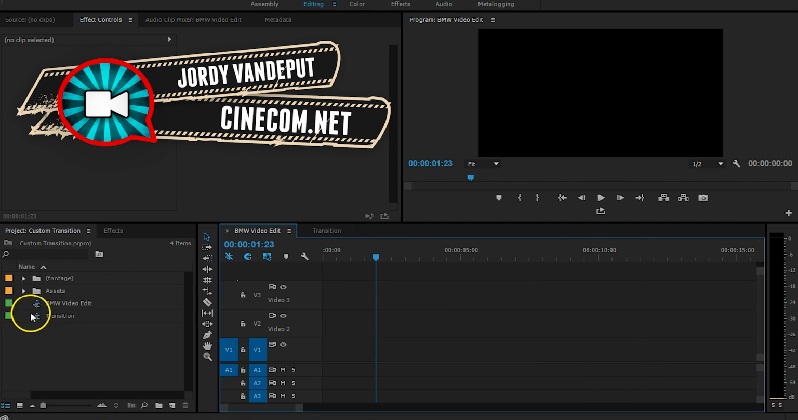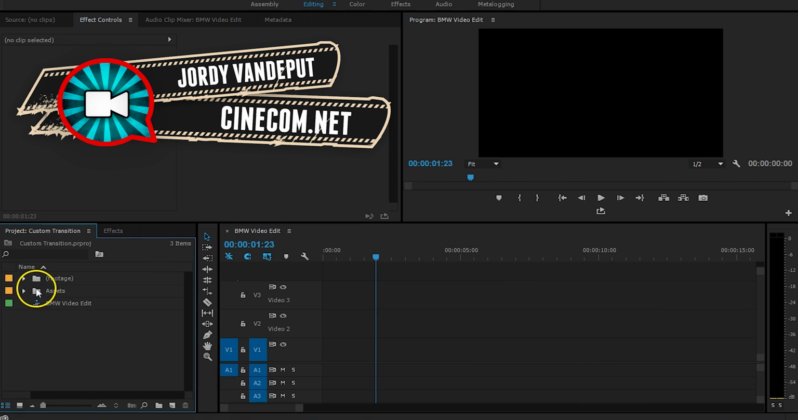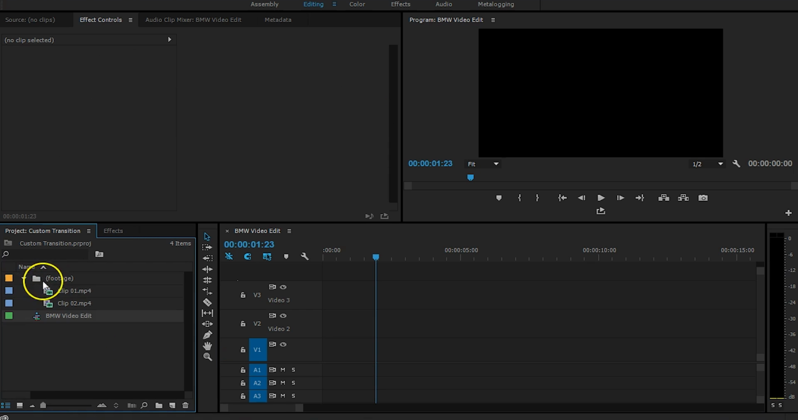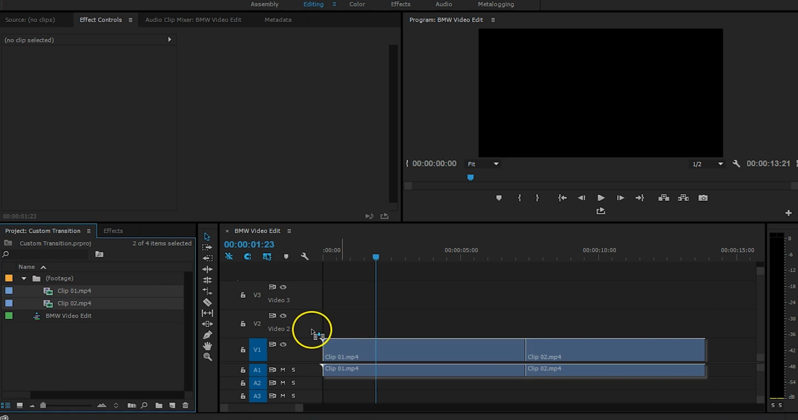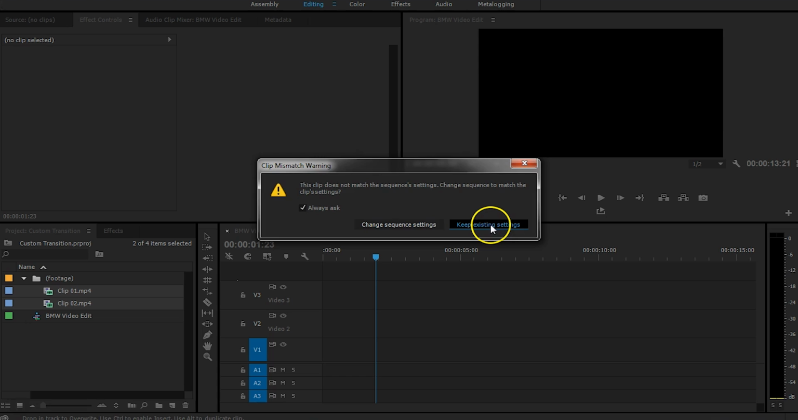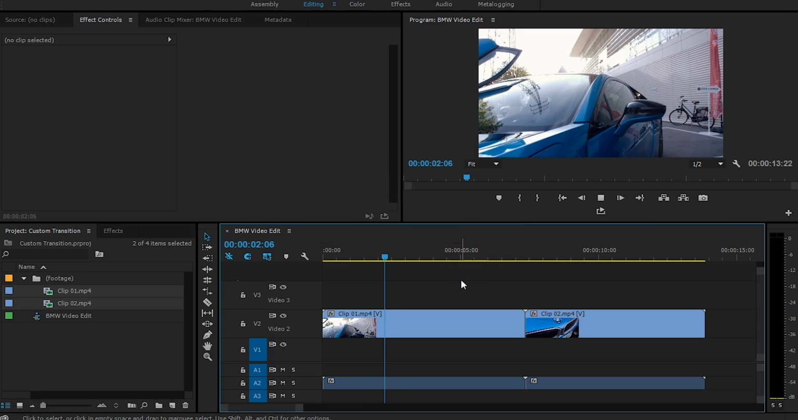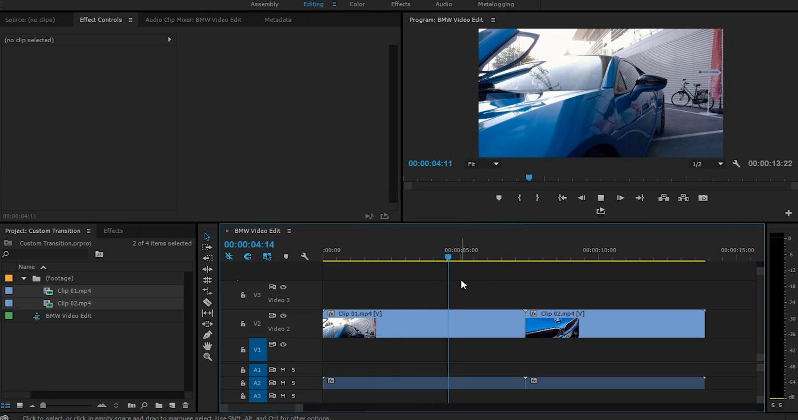Let's delete everything so we can start with a blank page. There we go. And also here I'm going to delete this transition as well and the asset. So what we have left now is an empty sequence or timeline and two video clips. And let's start by just dragging these two clips inside the timeline. There we go. And it's just going to say keep existing settings,